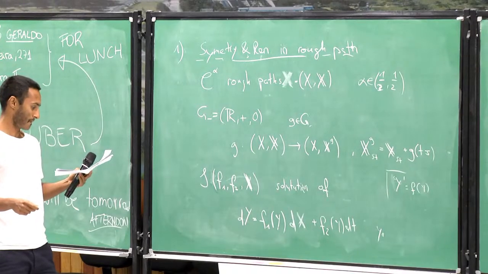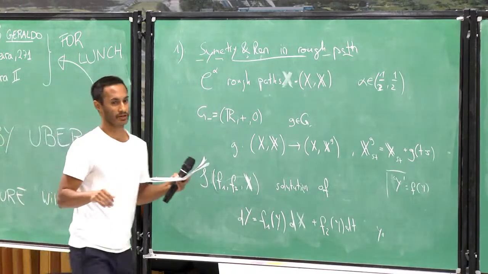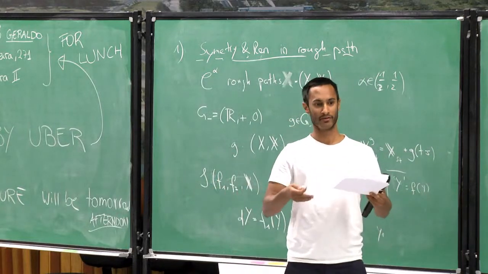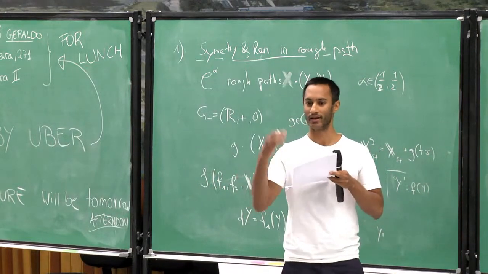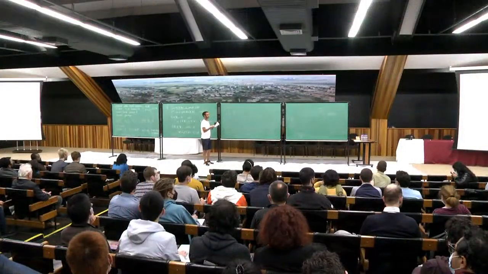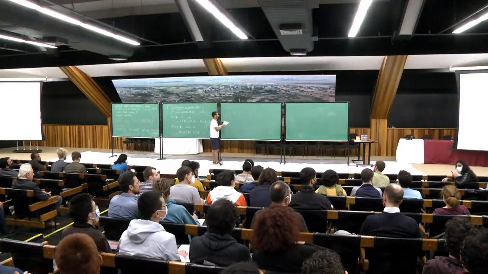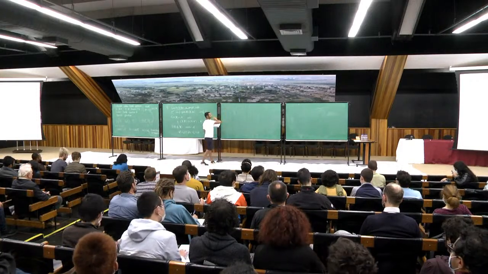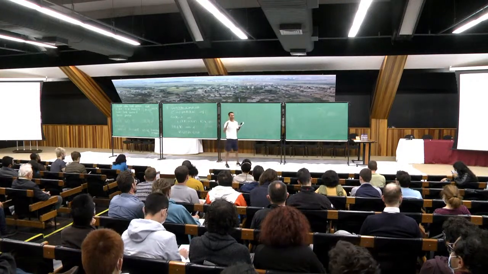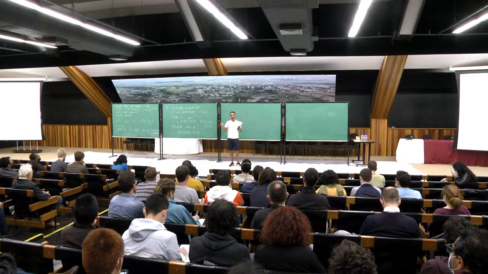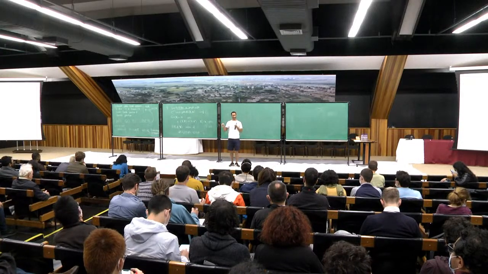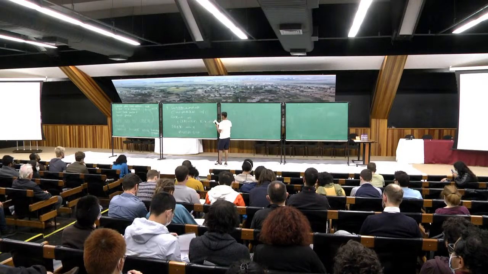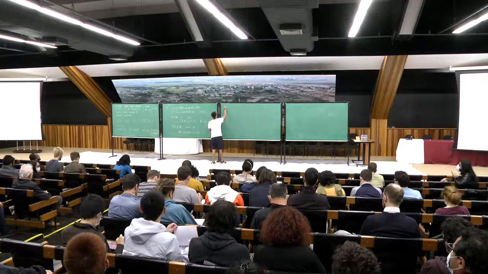And so there's a first claim on the sheet. I think it might be useful to have the sheet at hand at the same time. Are there any questions so far? If there's anything unclear, please ask. Okay, so we have defined this solution map, and the first claim is,